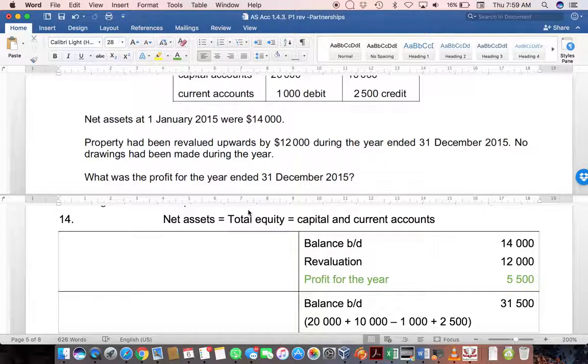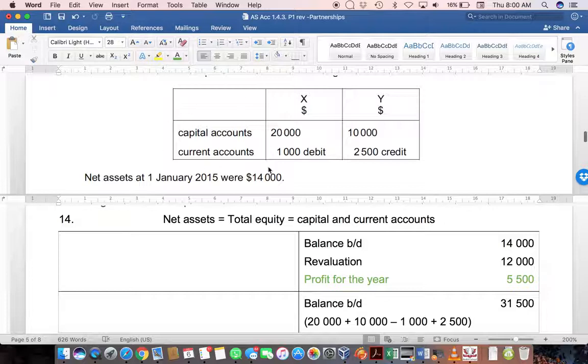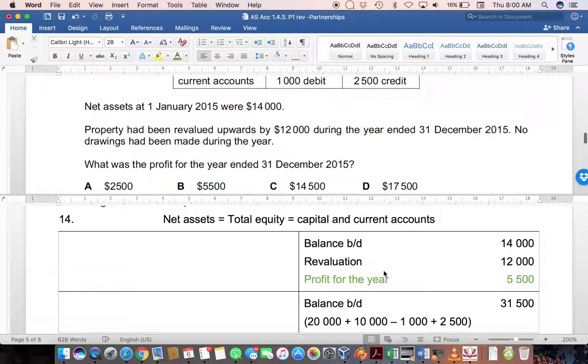Now, the easiest way to work this out is to actually just recreate an account for your net assets, which is exactly the same as your total equity, in other words, your capital and current account. So it doesn't really matter what you call it, as long as you realize they are all the same thing. So in other words, where they've given us capital and current accounts over here, this is my total equity, and it's the same thing as net assets that are shown over here. So in my account, I'm going to show $14,000 as my balance brought down at the beginning. I add my capital and my current accounts. Notice that I have subtracted the debit balance of X,